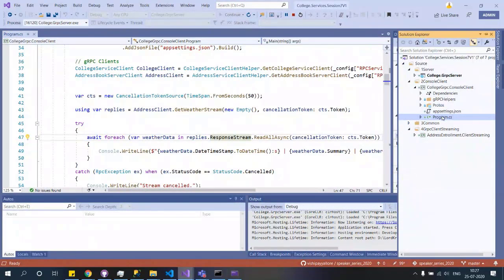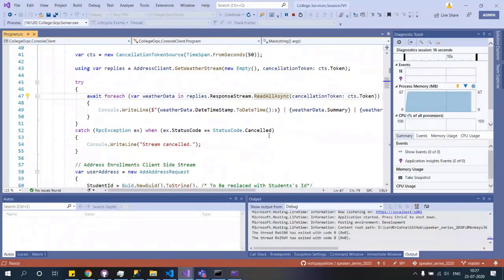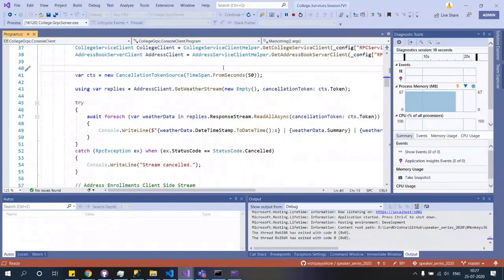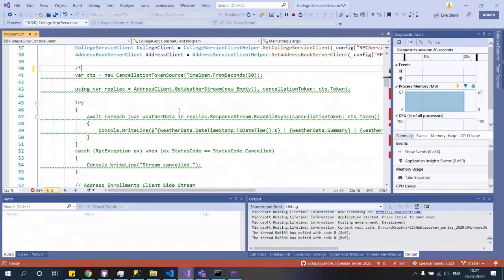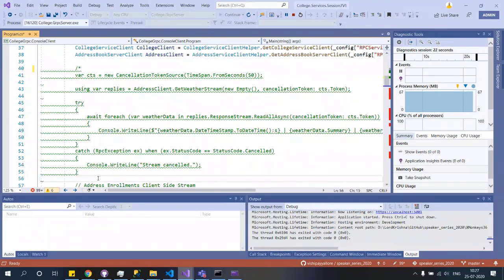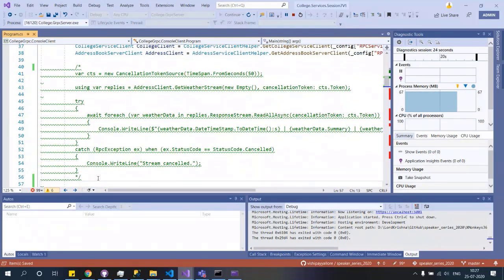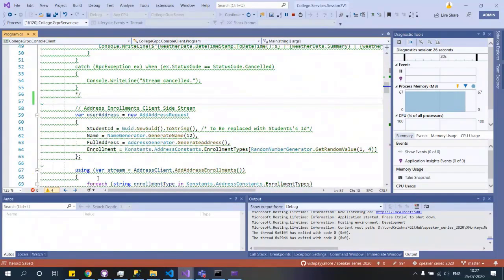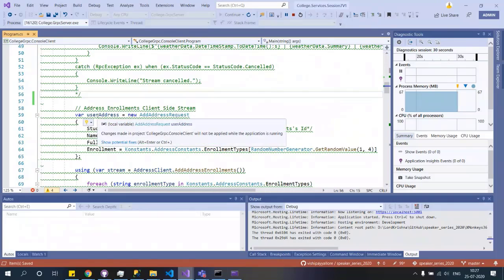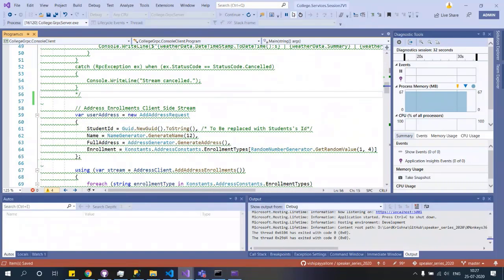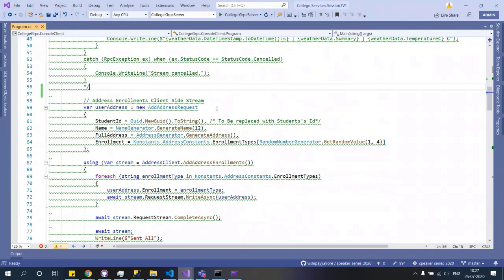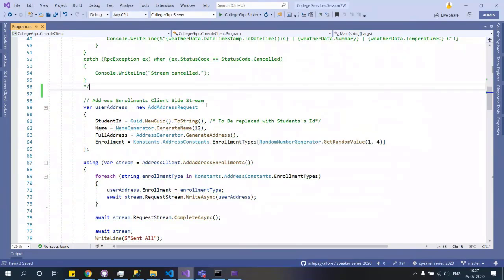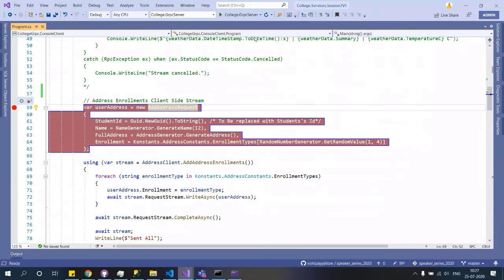Let me comment this piece in the client and directly go to the server-side streaming. Cool. So now I'll place this debugger here.